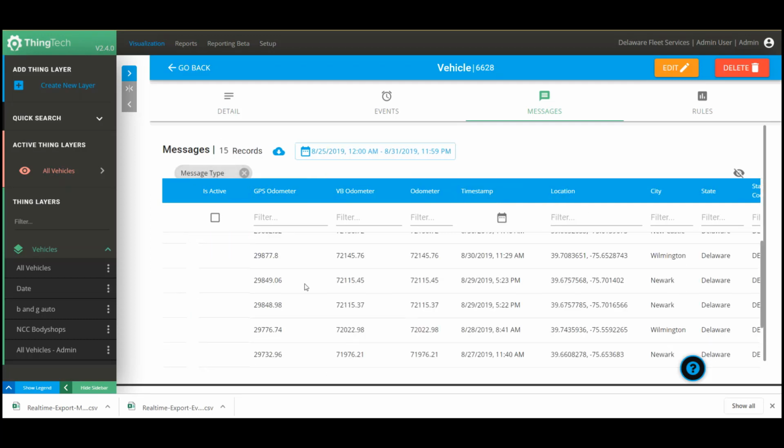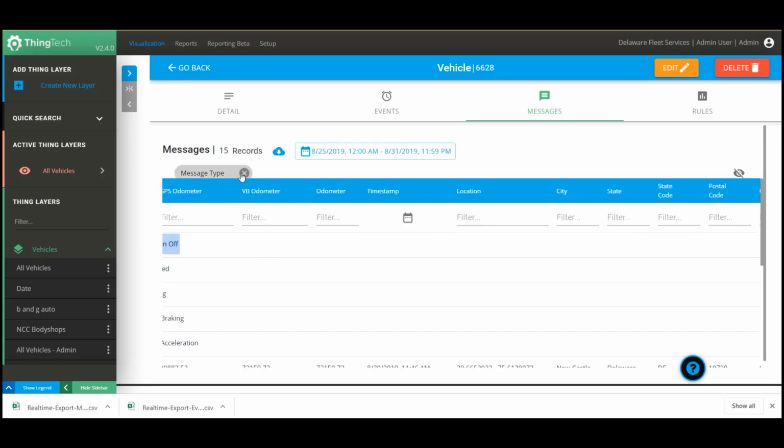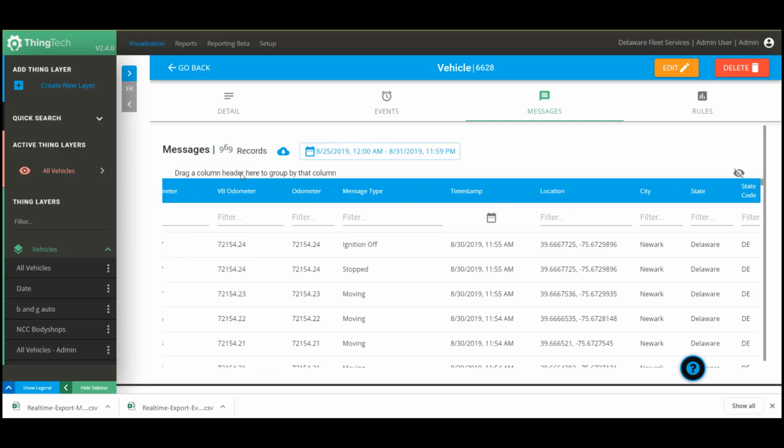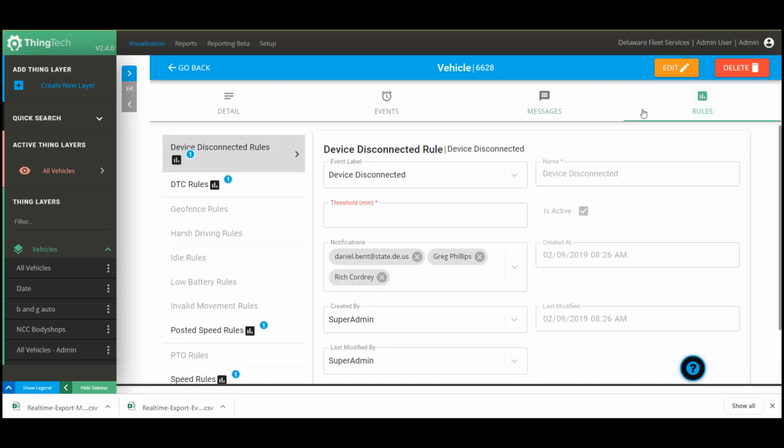Now let's explore the rules associated with this particular vehicle. We click on the Rules tab and we take a look at any rules that are associated with this vehicle. Rules can be assigned at a group level or an individual vehicle level. We've got a rule in this particular demonstration associated with devices being disconnected, diagnostic trouble codes, posted speed rules,